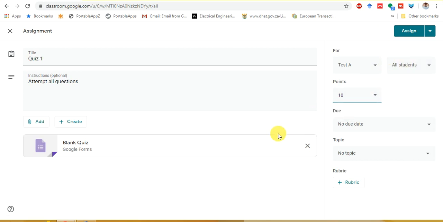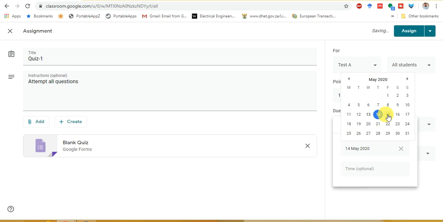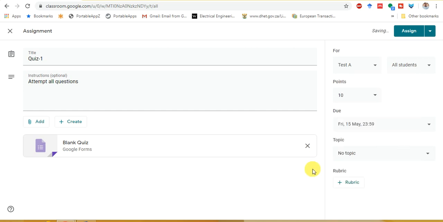Then this is for how many marks, 10 marks. This one is for the due date, that we are keeping for an upcoming date, then time, and then topic. If you want to write a topic, then you can write any topic.